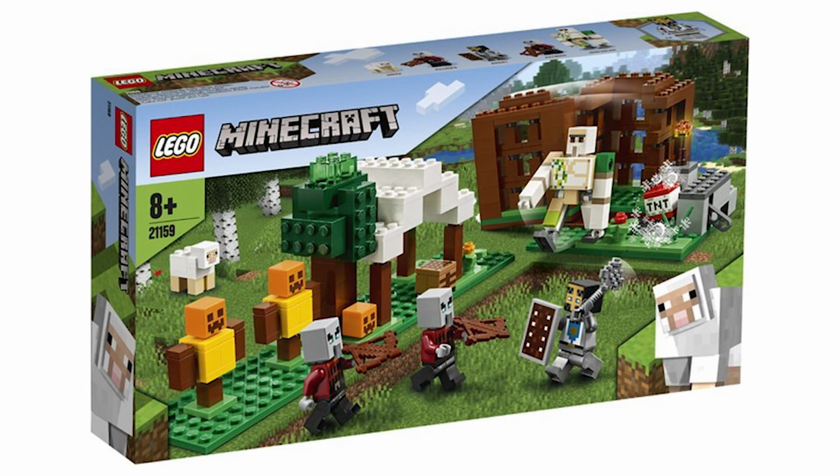it's set number 21159. It is the Raider Outpost, and it has 303 pieces and will retail for $29.99 USD, so $39.99 Canadian. And it is something. I don't really quite know what this is meant to be. I think that this is meant to be the Pillager Outpost, but it's really strange to me because it looks nothing like that. Also, is that like a cage that the Iron Golem is in? I guess